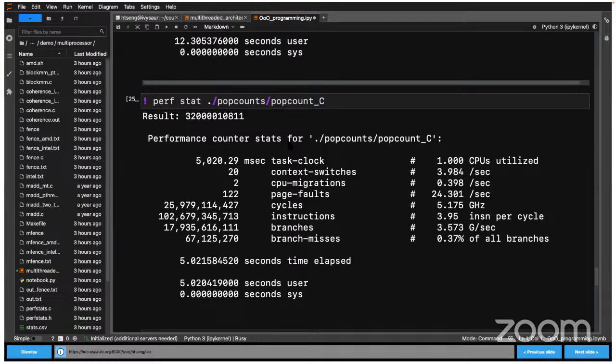And the number of branches is still 17 trillion, which is very close to version B, because by default, there shouldn't be any difference, right? And the branch misprediction rate is about the same, right? So that's where we are. The hugest difference between version B and C is that we have a significant reduction of